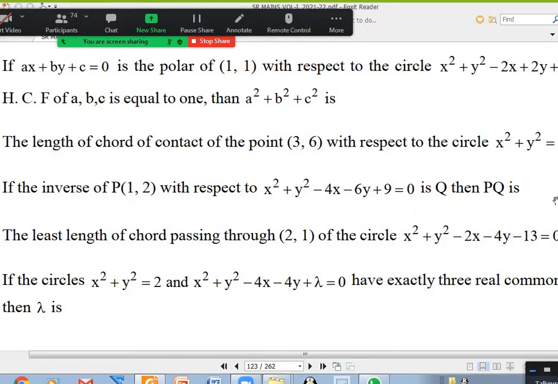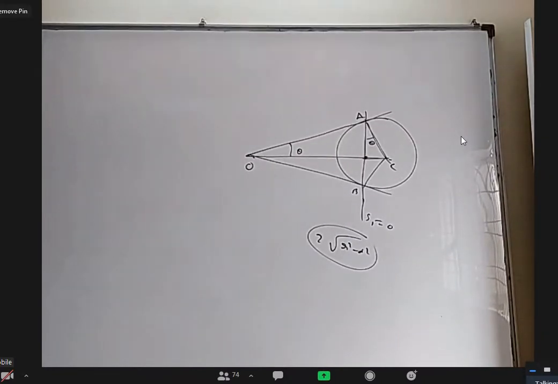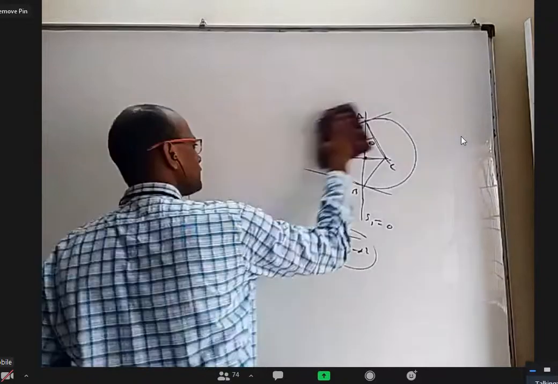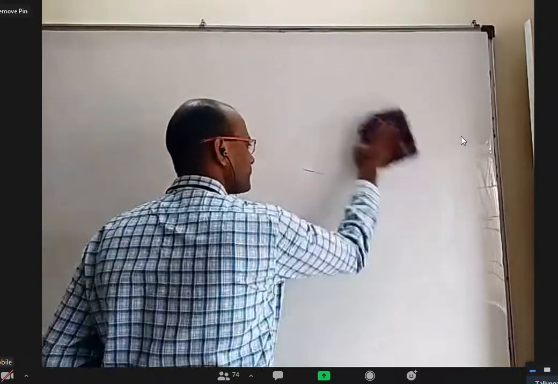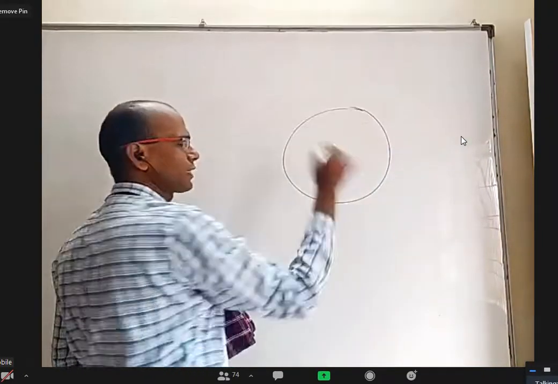11. The least length of the chord. Okay. I am actually doing advanced level questions for your seniors in circles only apparently. Yesterday only I thought maybe this point I should emphasize more. I did not, but let us say, forget about this exact question. There is a circle, a fixed circle.